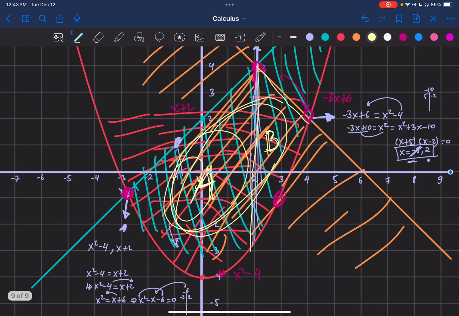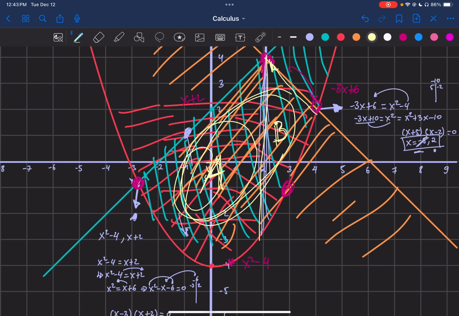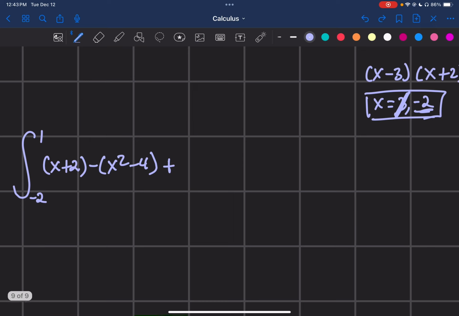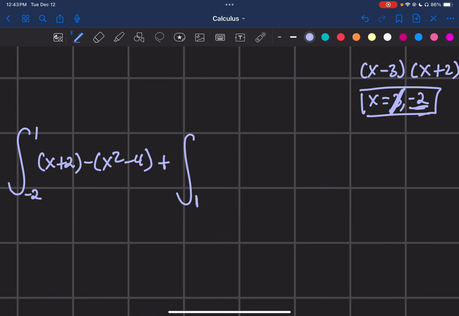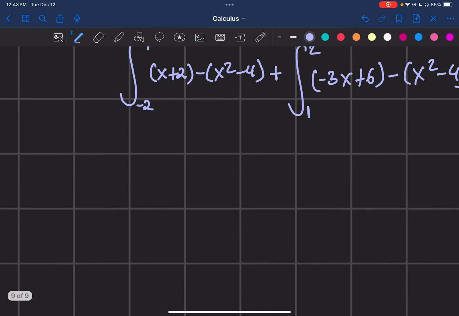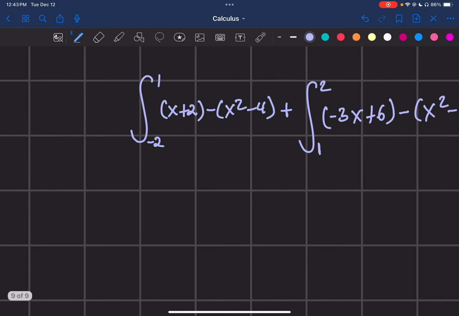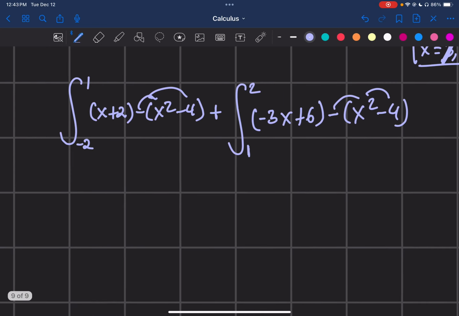Perfect. So I'm going to set up the other part of the integral, where I'm adding the integral from 1 to 2 of -3x plus 6, because that's the line that is above, minus the line that is below, which is x squared minus 4. Now it's time to start working. So I distribute the negative inside, I distribute the negative inside. So I end up with